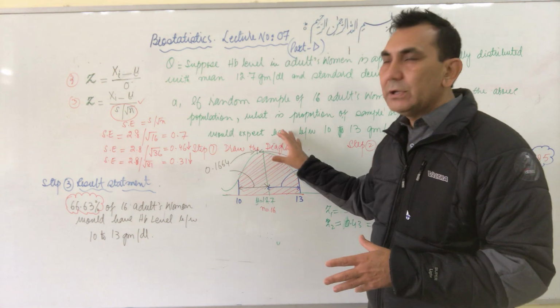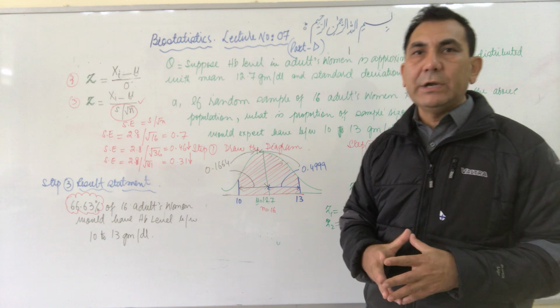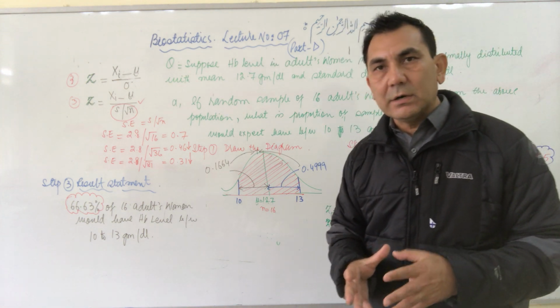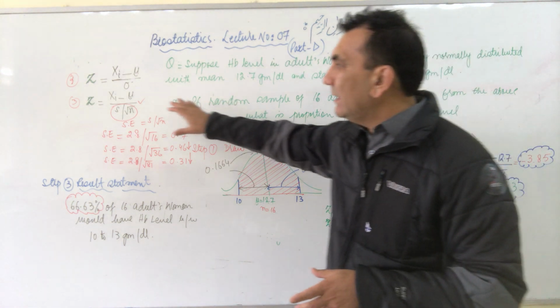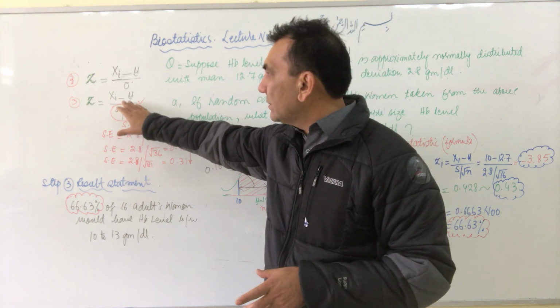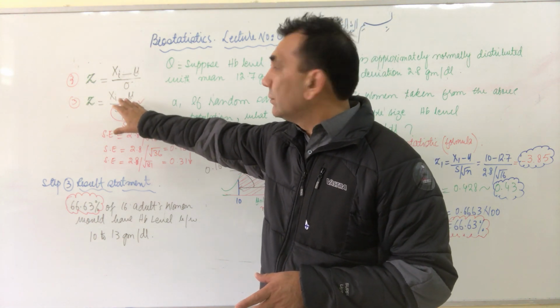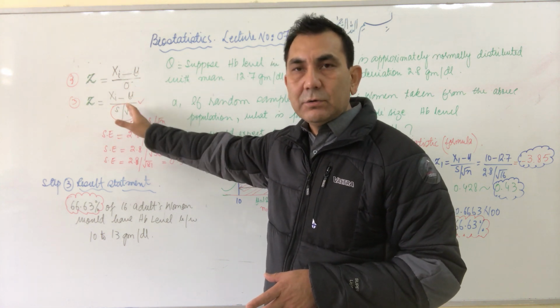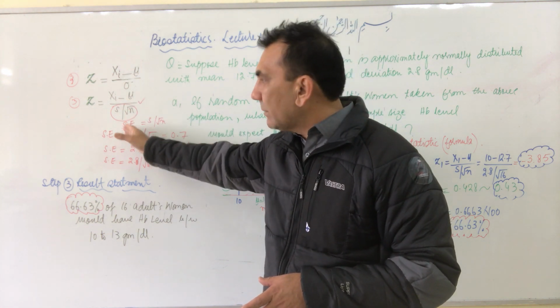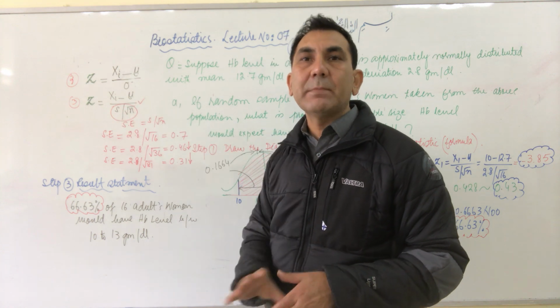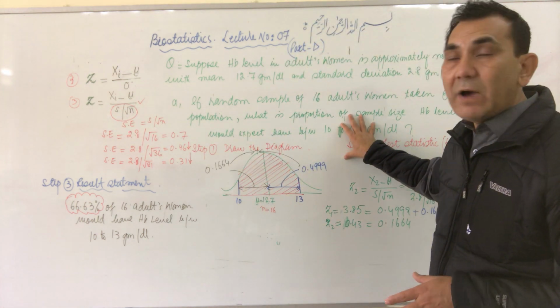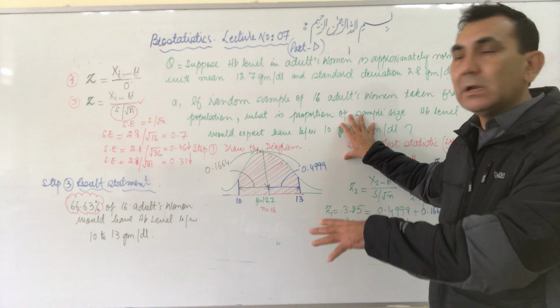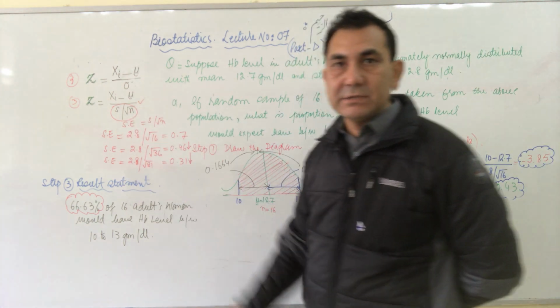In today's session, we find the probability area under the normal curve by using the sample size. Z score: Z is equal to xi minus mu divided by s, the standard deviation, divided by the square root of the sample size. So we find the probability area under the normal curve by using the sample size.